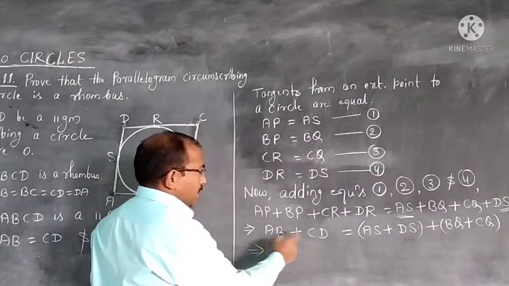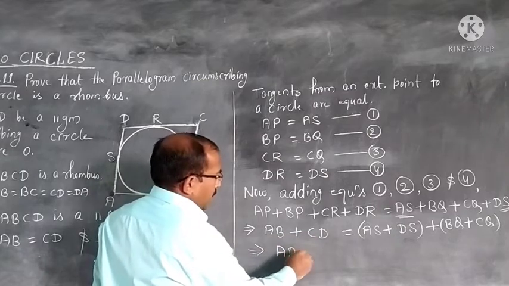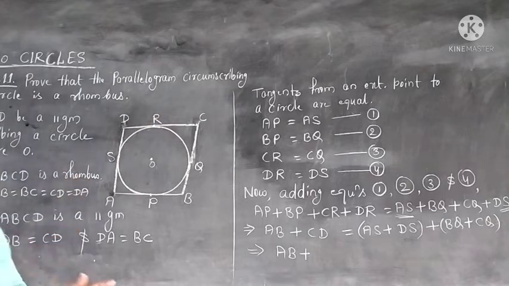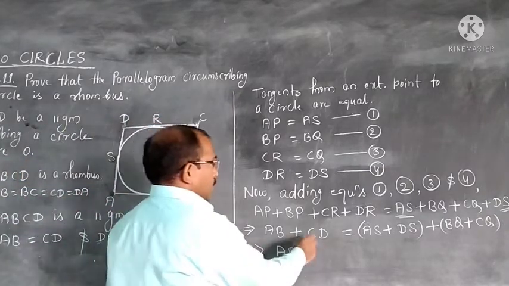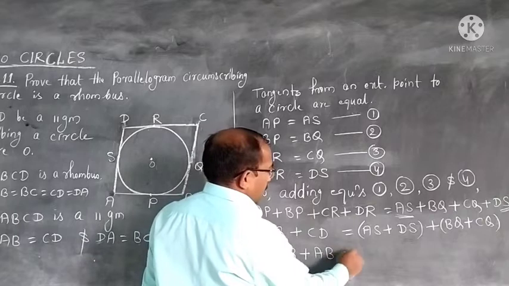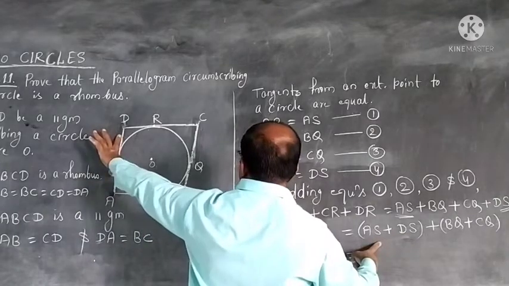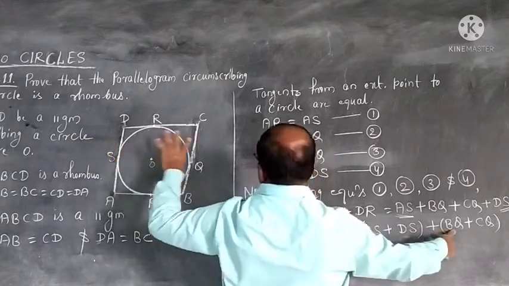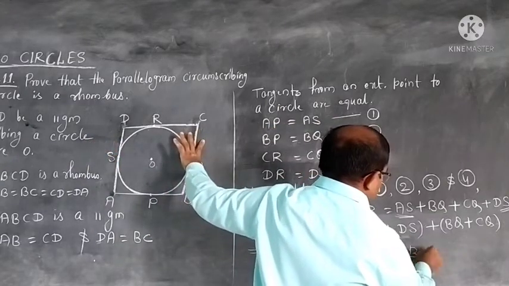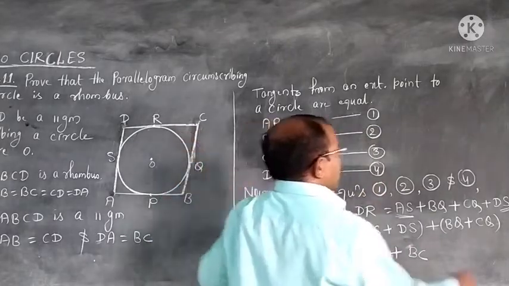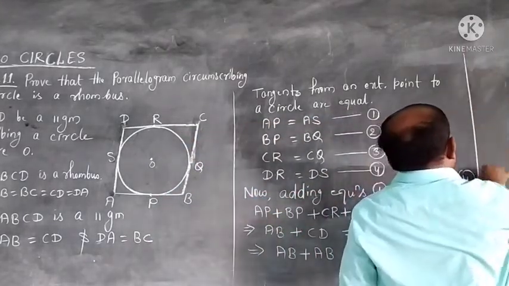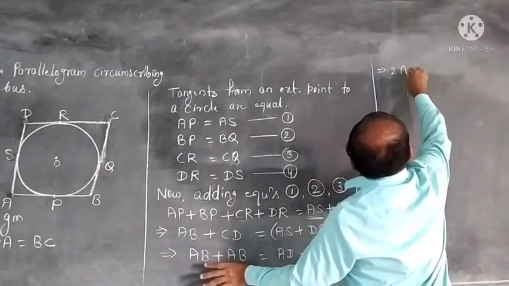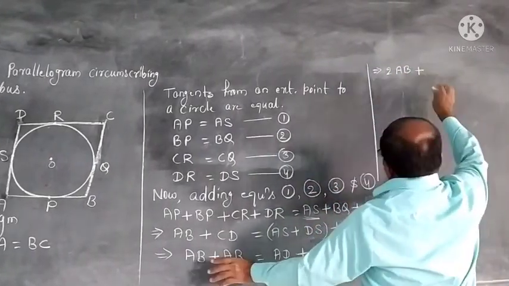Now, when we look at this AB plus CD, AB and CD are equal. Why? Because in a parallelogram opposite sides are equal. So, we can change CD also into AB. AS plus DS is equal to AD or DA. BQ plus CQ is equal to BC. And then AB plus AB, we are getting here 2AB